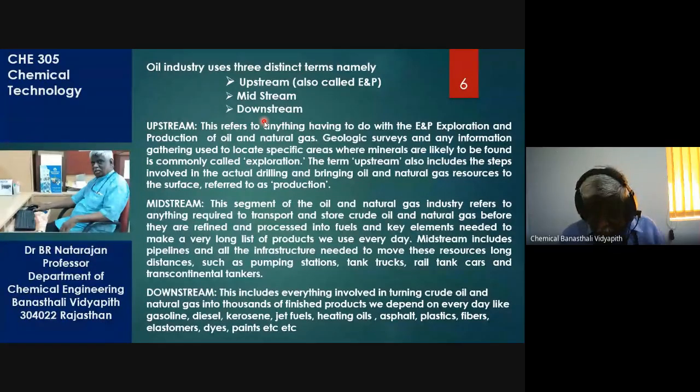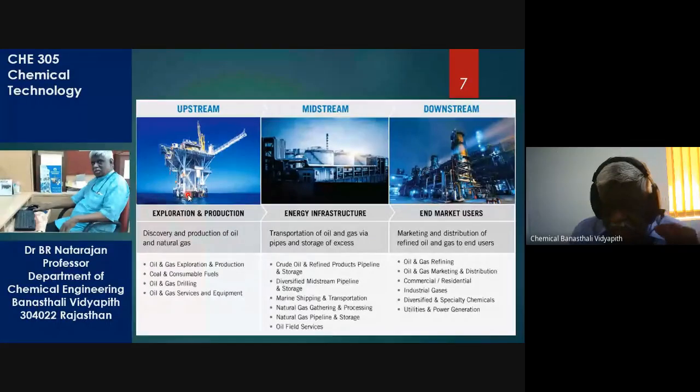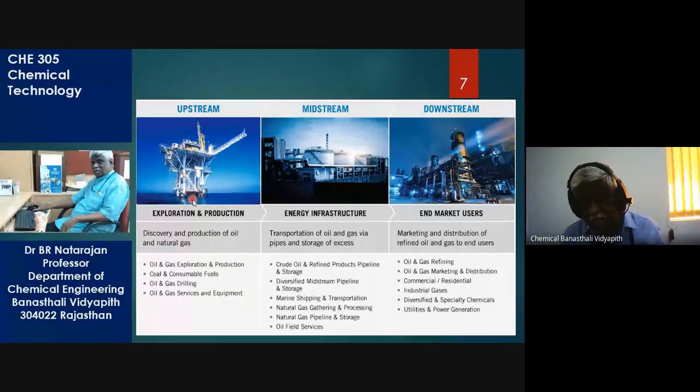So I hope it is clear now what is upstream, midstream, downstream. Look at this figure, upstream. This is where oil is being drilled. It is an offshore location. There is not much difference between onshore and offshore, except that offshore, remember, it is in water and it may be a floating platform, and many different designs of offshore drilling vessels are there. There may be special ships which are designed for drilling offshore. So there are many kinds, we are not getting into them.